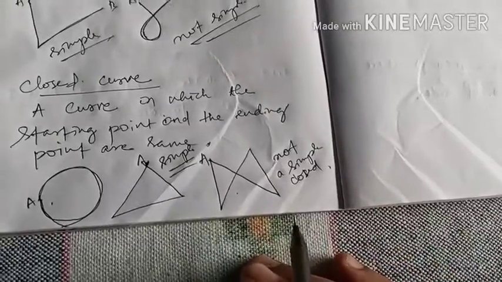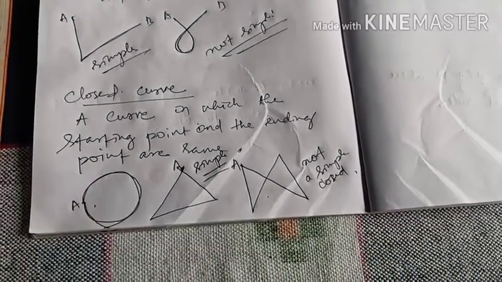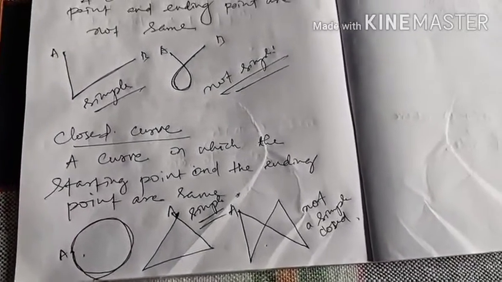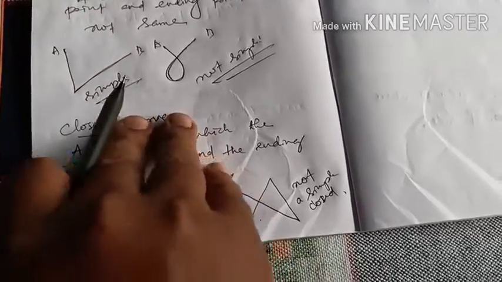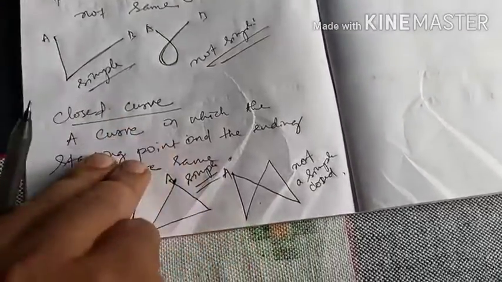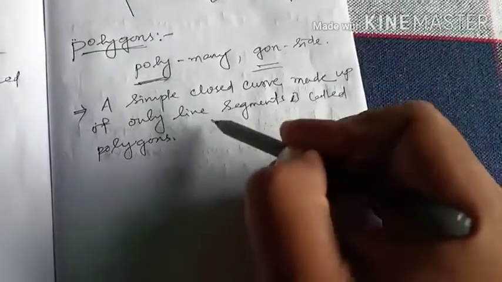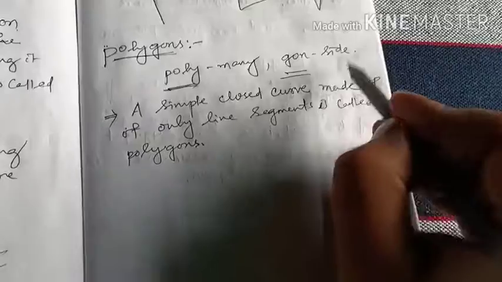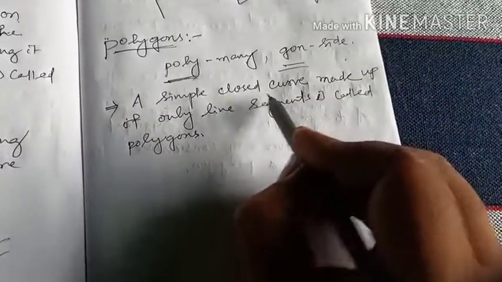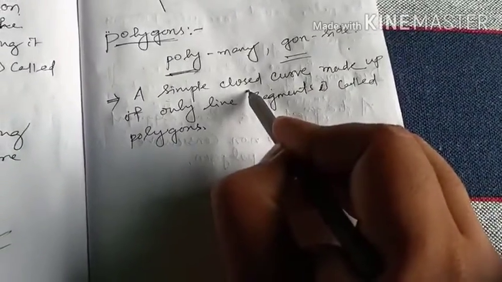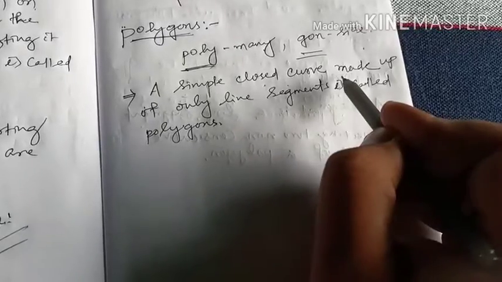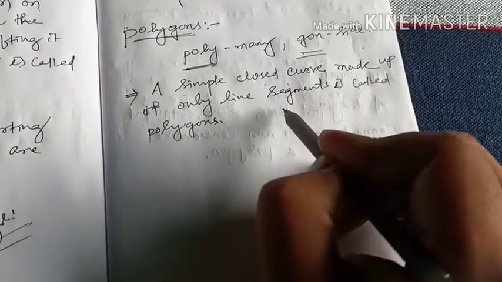So students, understood what are curves? So let us discuss about polygons. Whenever you are hearing this word polygons, this is a combination of two words, that is poly and gon. Poly means many and gon means side. So a simple closed curve made up of only line segments